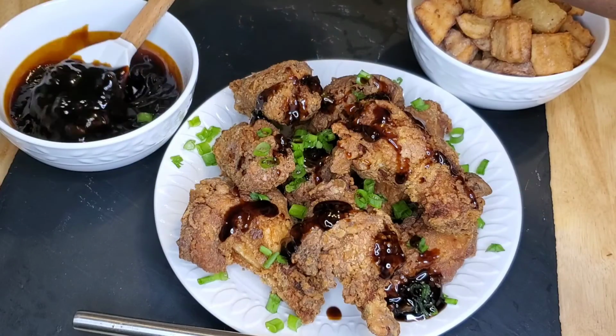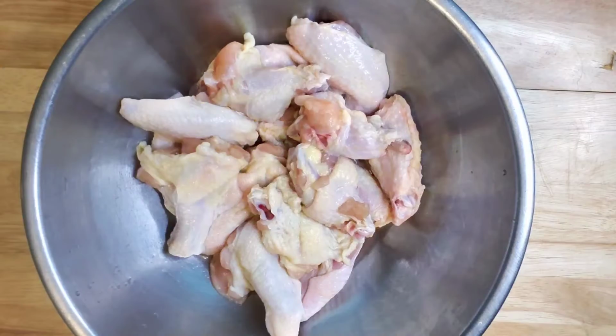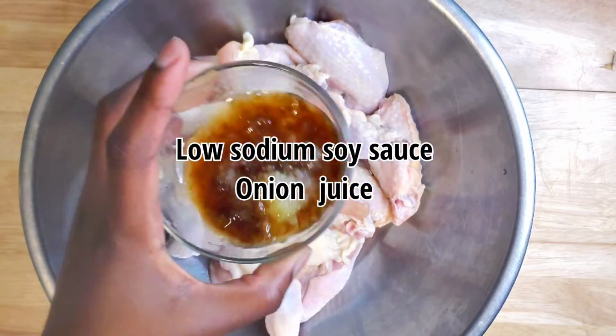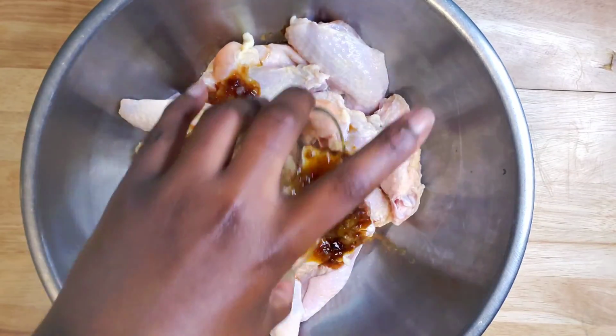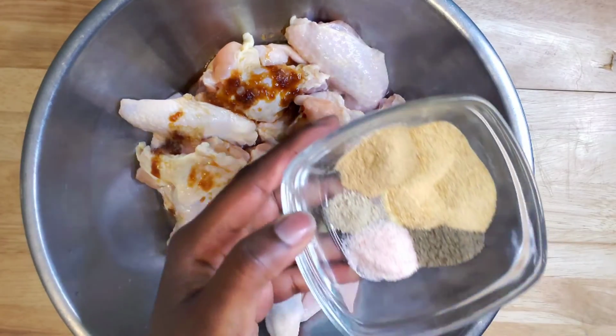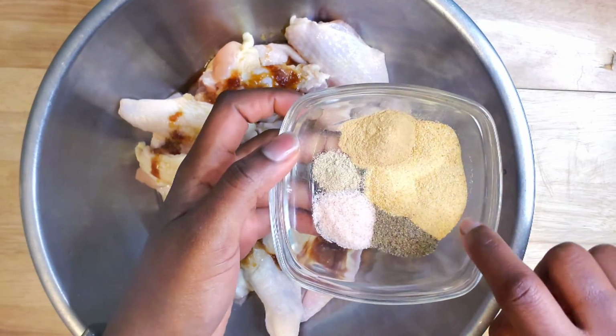Today we'll be making some absolutely amazingly crispy and savory soy sauce chicken wings. So first you want to start off by prepping your chicken wings, making sure you remove all the feathers if there's any, and washing it. You can wash it with a bit of vinegar, and you want to go in with some soy sauce and